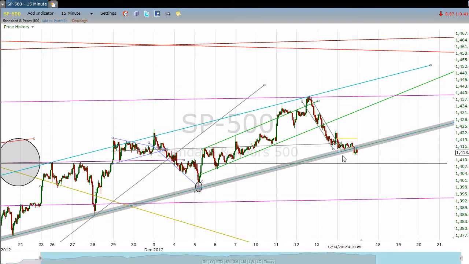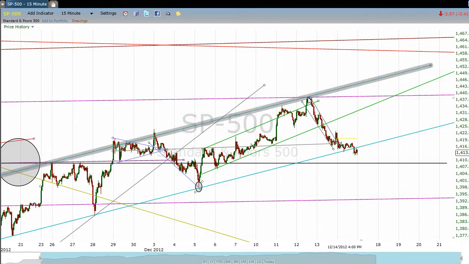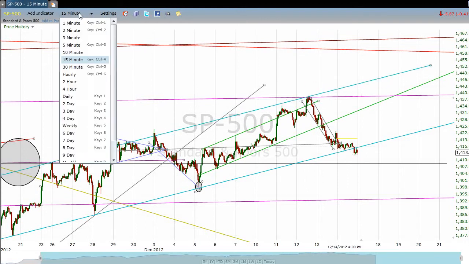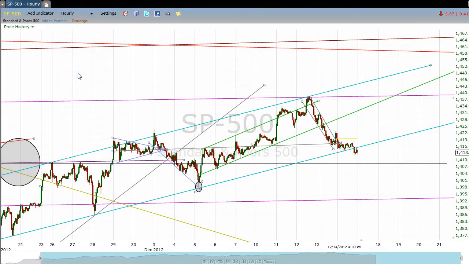Then we entered into what really essentially amounts to a little bit more than almost 2.5 days of selling pressure, which ended on Friday with a slight break of this lower rising support line. Whereas that is not necessarily technically significant, it certainly bears keeping an eye on, because we were expecting resistance in the more mid 1430s for a couple of reasons.